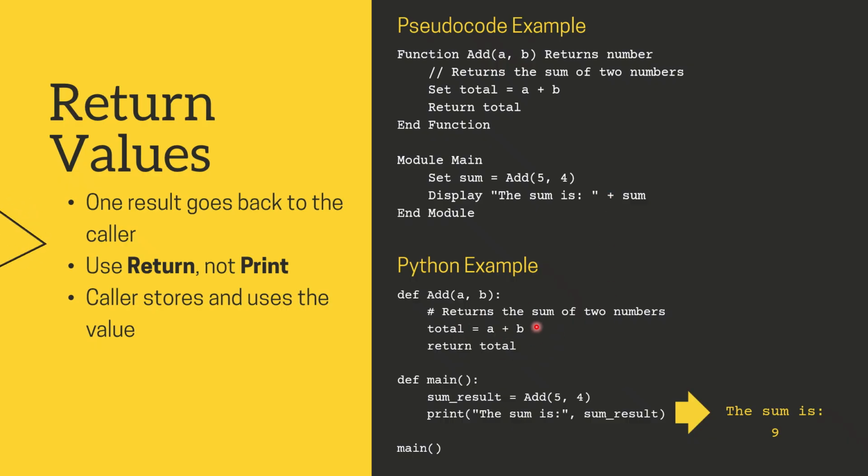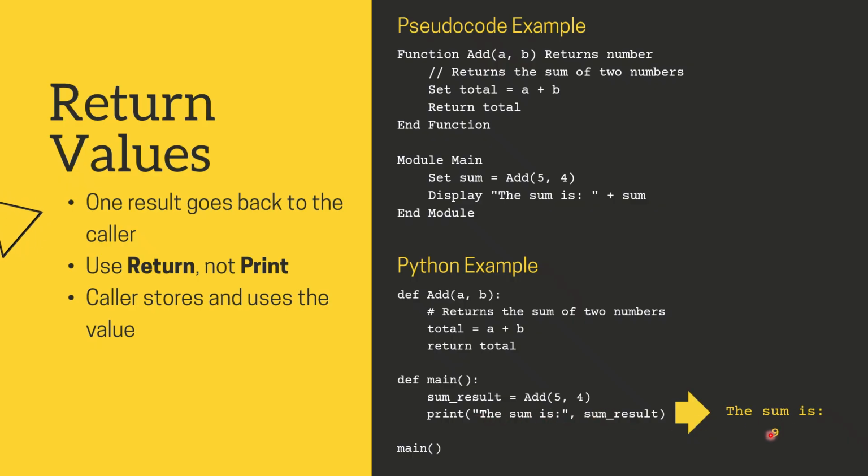Something similar if you're using Python, now this is pseudocode. If you're using Python, the same thing. This is our function, very similar to what we've got here, but it's in Python. And what we're doing is calling the add function with 5 and 4, which is going to return 9. So that means that the result is going to be 9, and that's where main is going to store that, in this variable. And then the program is going to print out the sum is